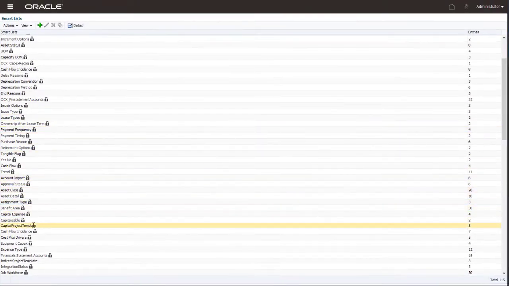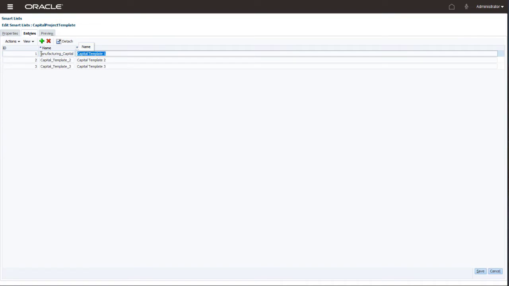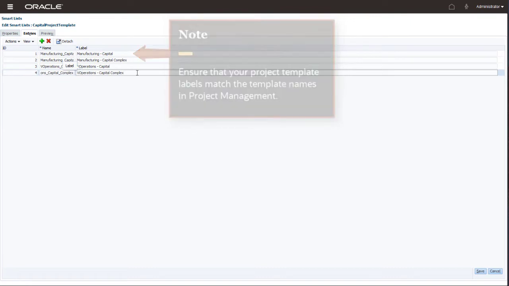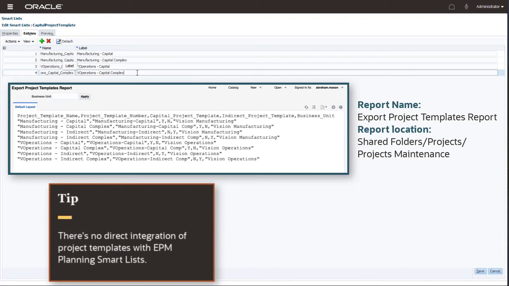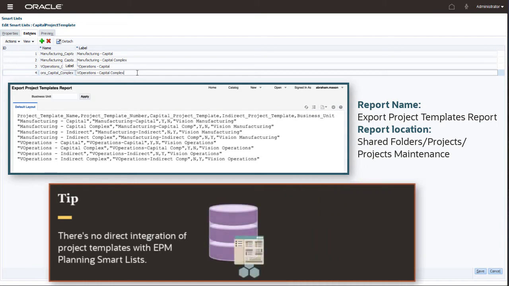Edit the smart lists to add template names. To avoid issues when you run integrations, ensure that your project template labels match the template names in Project Management. You can also run the Export Project Templates report in Project Management and then format the data for import into EPM Planning. There's no direct integration of project templates with EPM Planning smart lists. When you add a project template in Project Management, you must also add it to the appropriate smart list in